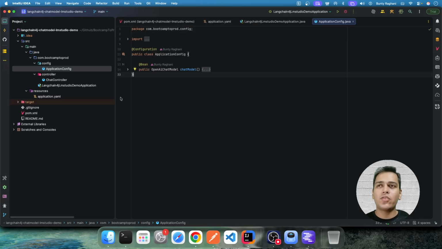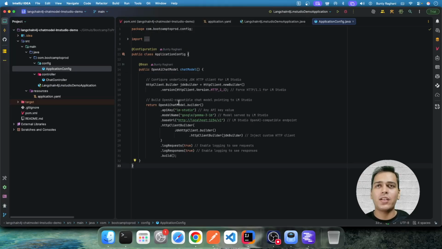Until now, we used to configure the chat model inside the application.yml with the help of the properties offered by LangChain4j. But in our case, we have to enforce HTTP version 1.1, because of which we are creating our chat model programmatically. So for this, we have created one method named chatModel, and when we expand that,